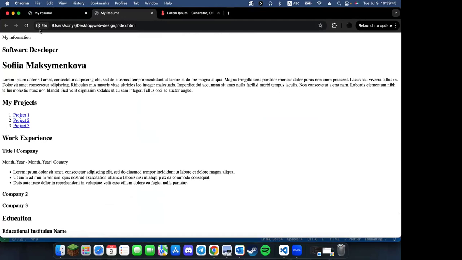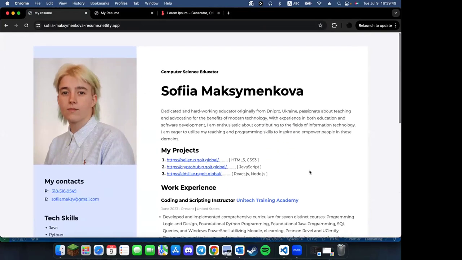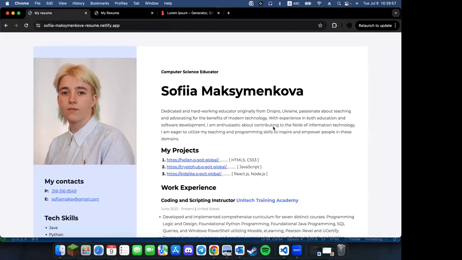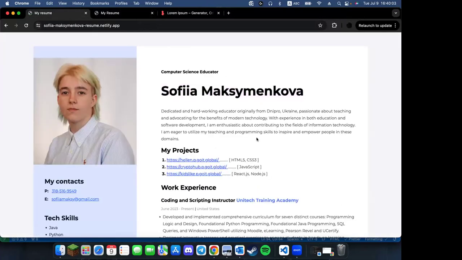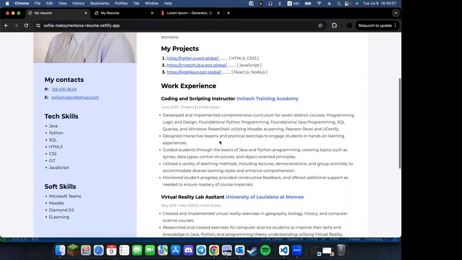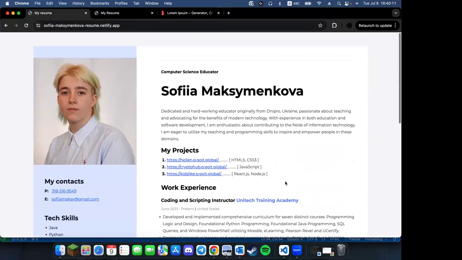Next week, we're going to focus on the sidebar. So on this part, we're going to focus on this part, and we will make it look pretty. We will make this whole thing look prettier. I will show you how to import some fonts, because you see that this font is different from this font. So I will show you how to do that. And I will show you how to change the background, how to change the color of your text, how to make sure it looks